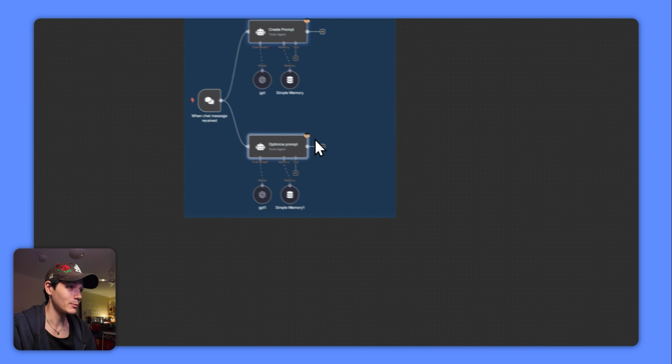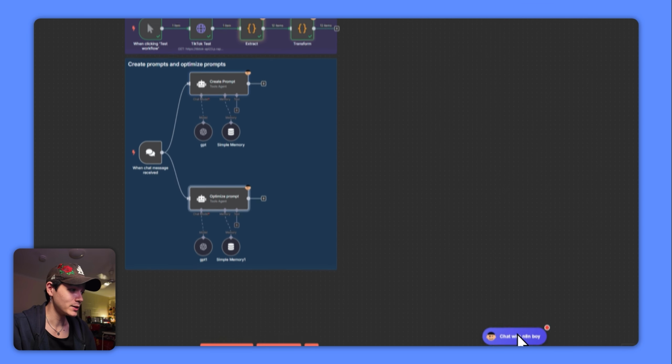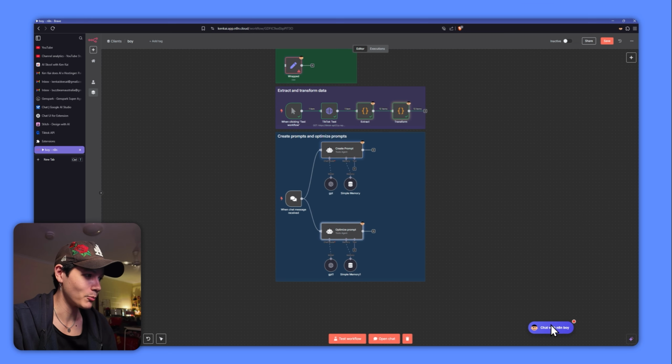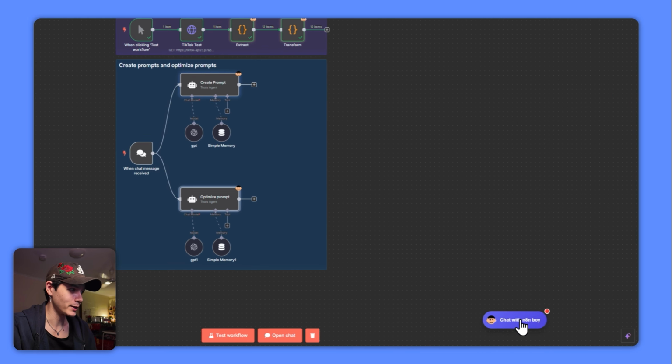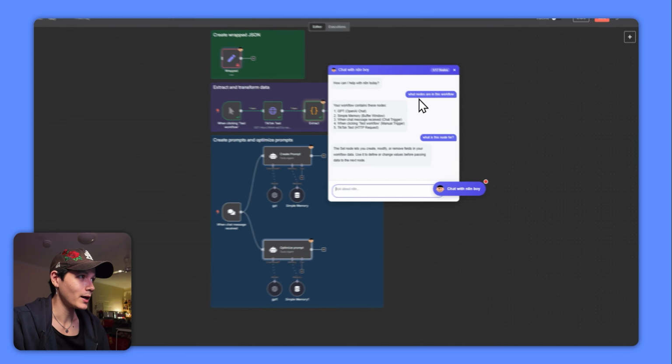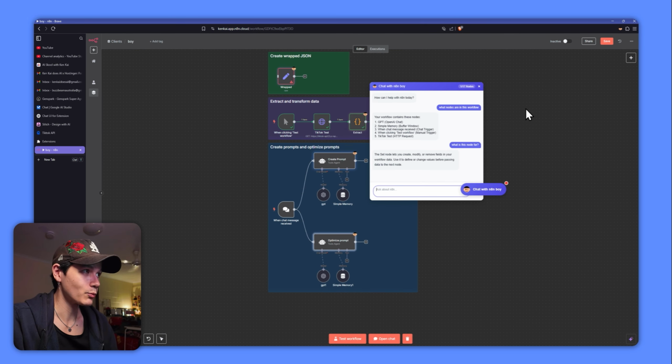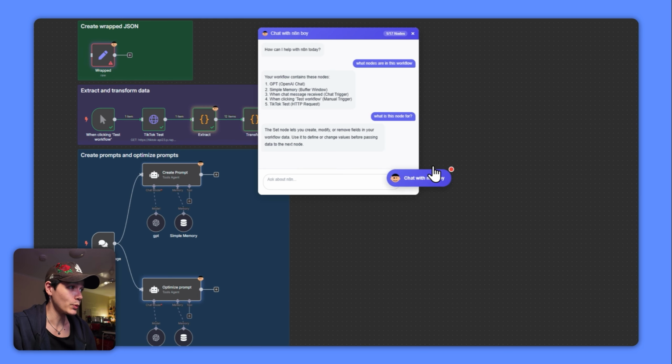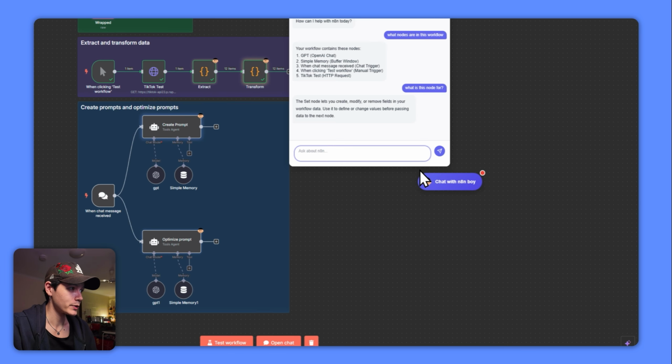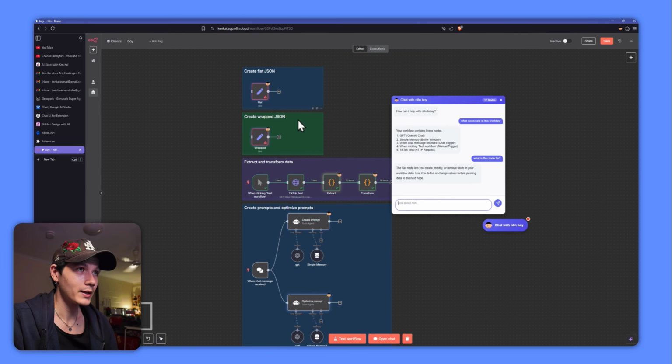Okay, so I'm just going to zoom out here, and you'll see that I have this little chat with n8n boy right down here as well. I was just chatting with it before, and I just said what nodes are in this window and so on and so forth. But we can actually just move this around. All right, so I can click this. Now, let's say,